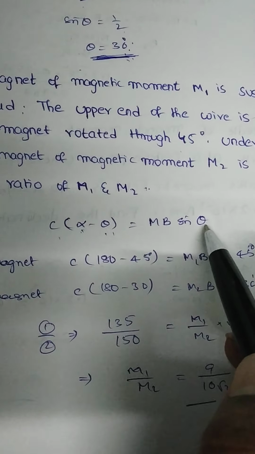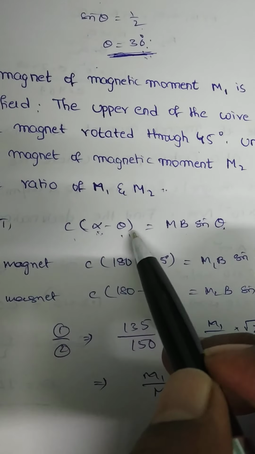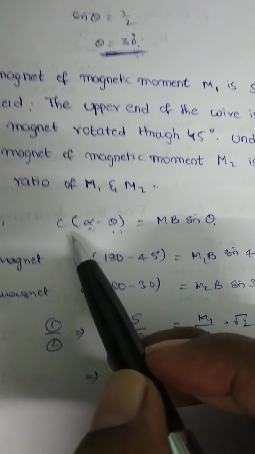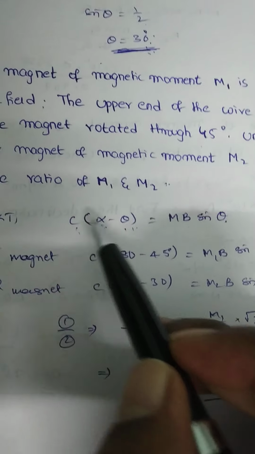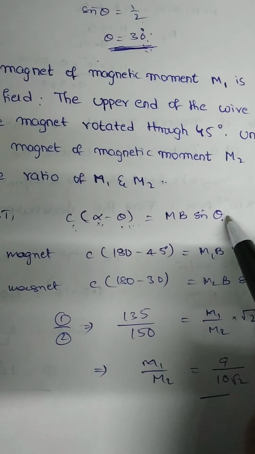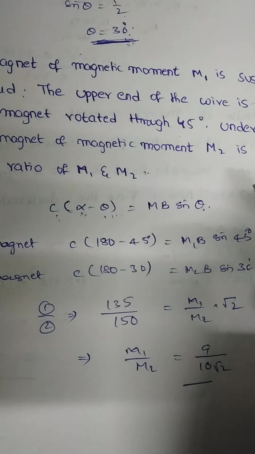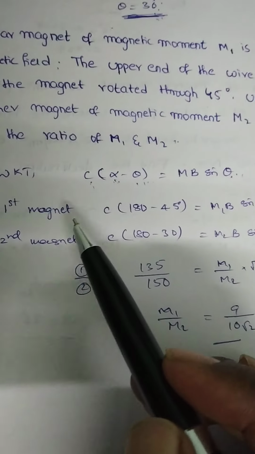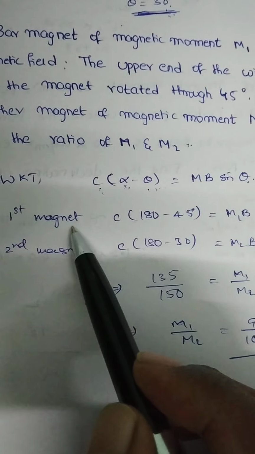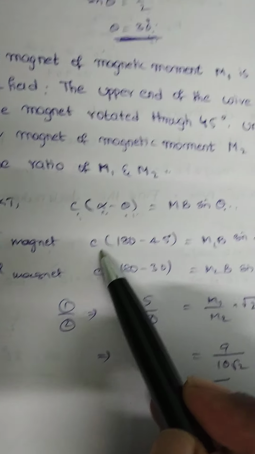In equilibrium condition, deflecting torque is equivalent to restoring torque. Means C into alpha minus theta equal to mB sin theta, where C is equal to couple acting per unit deflection. So, this formula is very important. Already we discussed in the previous class. So here, my dear students, for the first magnet, by applying the same formula,